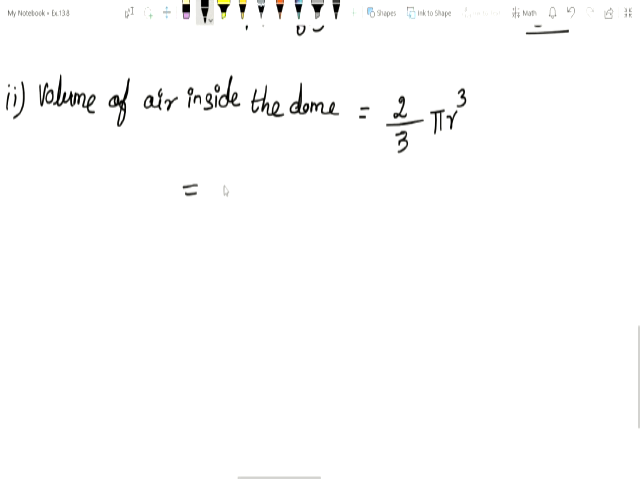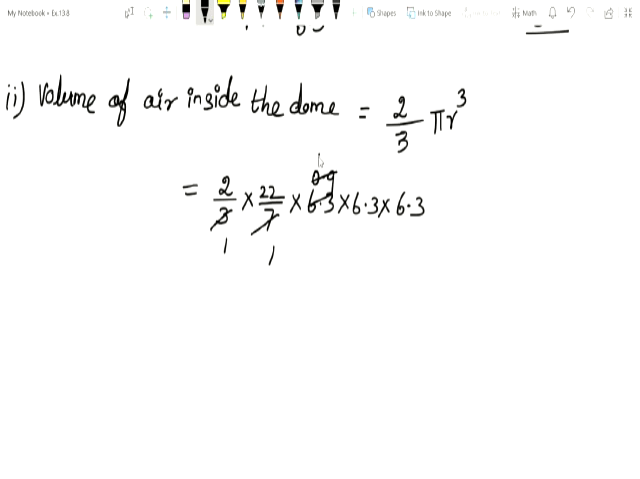So 2 by 3 into 22 by 7 into 6.3 into 6.3 into 6.3. 7 ones are 7, 7 nines are 63. 3 ones are 3, 3 threes are 9. Okay, now you multiply this, 2 into 22 you get 44